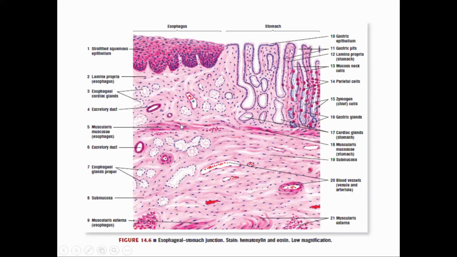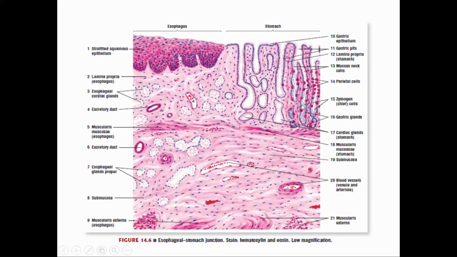Now there is a muscularis mucosae. It also consists of three layers of muscles: inner is the oblique, then circular, and longitudinal muscles. The cardiac glands are lined by cells whose function is to produce mucus, insoluble mucus. And what is the function of this columnar epithelium? Its function is to secrete the mucus, which forms a protective layer.